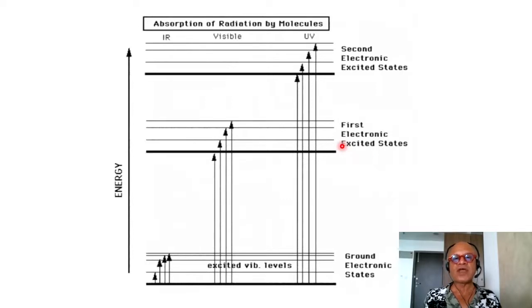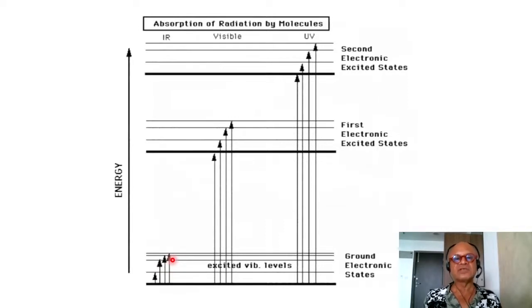If you have more energy, you can move it into a second electronic excited state. If it loses that photon of energy, then it can fall down here, and if it loses one more, it can fall down here. So here we are, IR,